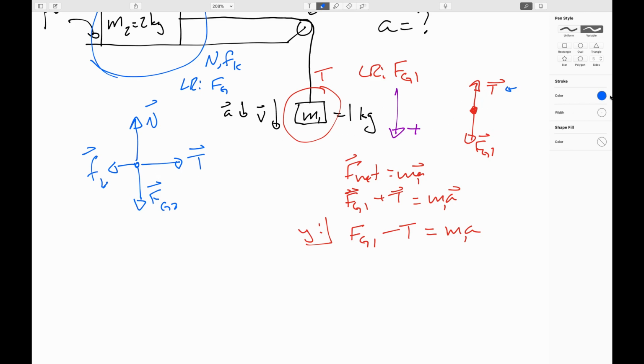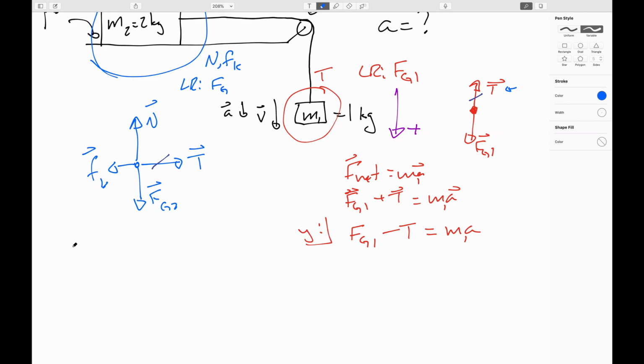And these two tensions here are a pair of forces that act as if they are an action-reaction pair, using that annoying phrase. So they're not opposite, but they are equal, and the whole issue is going over that pulley, that whole bit about the combined second and third law pairs I mentioned in an earlier video. All right, so with that, let's go ahead and